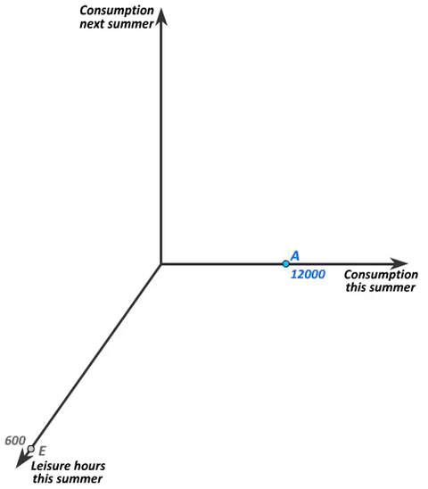If your wage is $20 an hour, then you could make as much as $12,000 this summer by giving up all of your leisure. If you decide to consume all that $12,000 this summer, you would therefore consume at bundle A. You'd consume $12,000 now, you would consume no leisure, and you'd have nothing left over for consuming next summer.